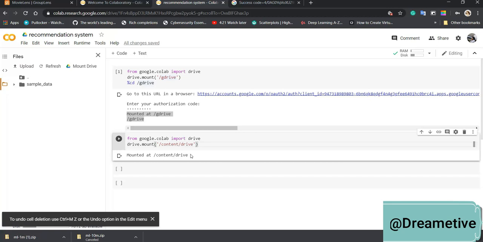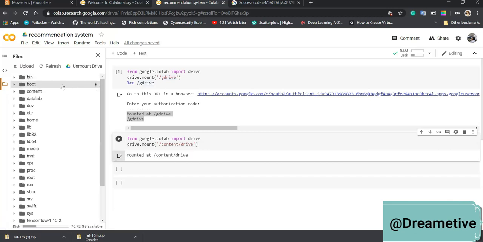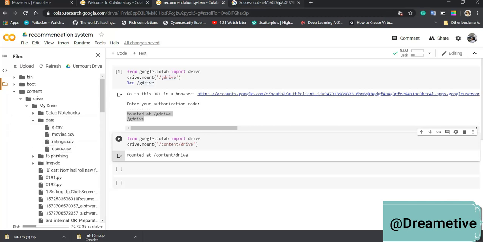Once that is done, I have to go to my drive and see my data. I'll go to content and then drive. Inside drive, I'll go to my drive, and in data, which is the folder name I have given for my dataset, I can see all 3 datasets.